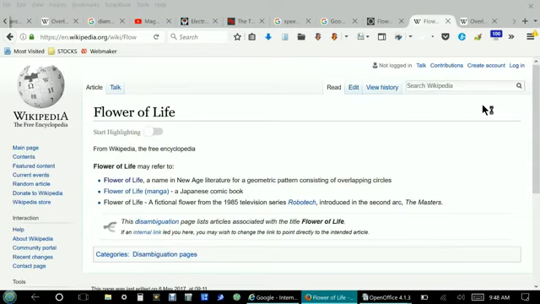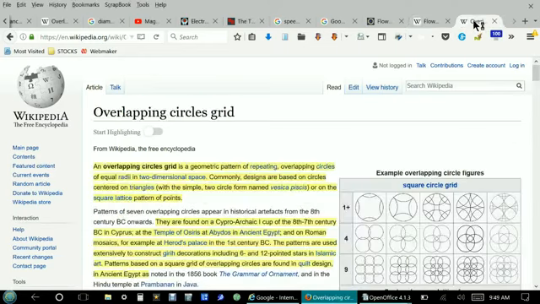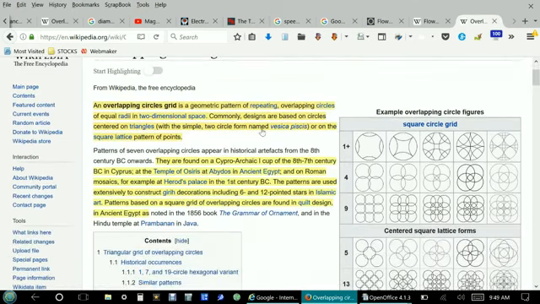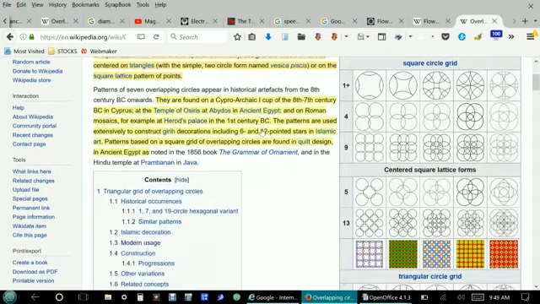The flower of life and lead geometry also brought me back to another ancient representation of nature, which has been deemed the flower of life. So I looked up the flower of life in Wikipedia, and here it says, again, denigrating ancient knowledge, the flower of life, a name in New Age literature for a geometric pattern consisting of overlapping circles. Yes, but it also is all the way through the ancient world, these representations of this flowering effect or torus effect